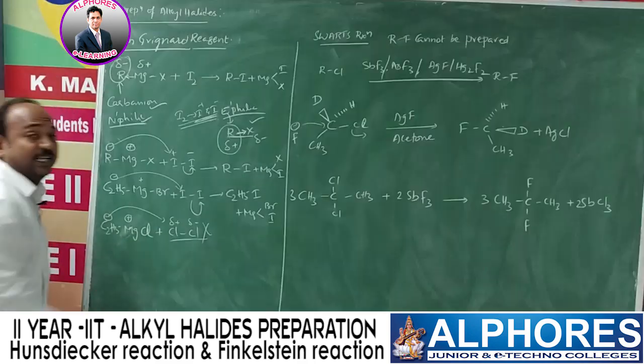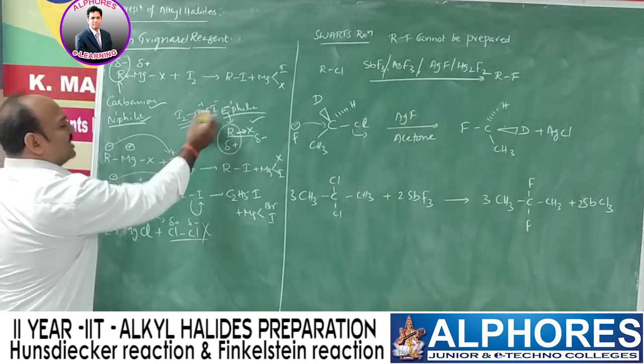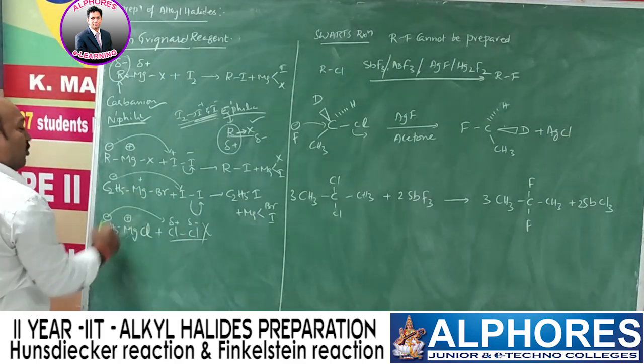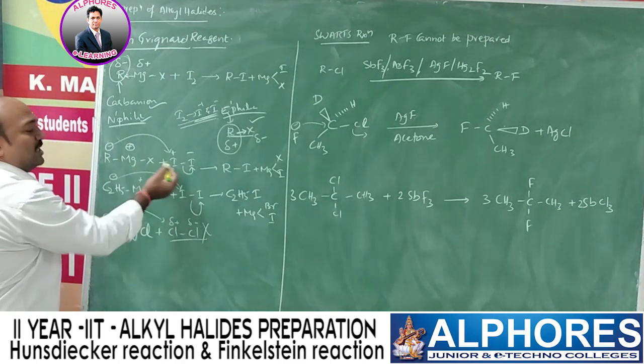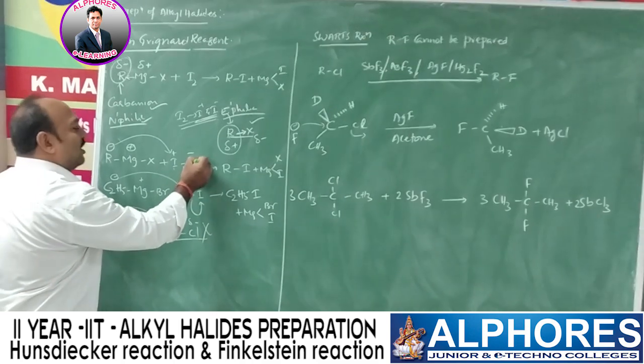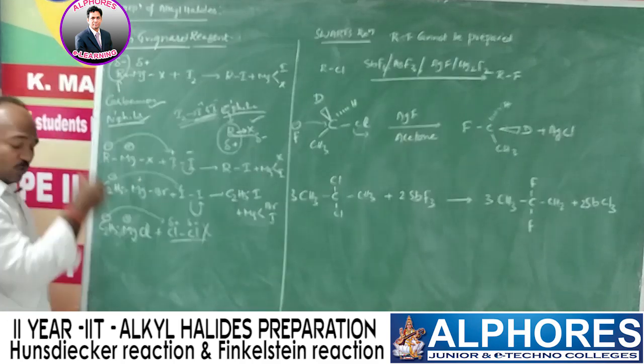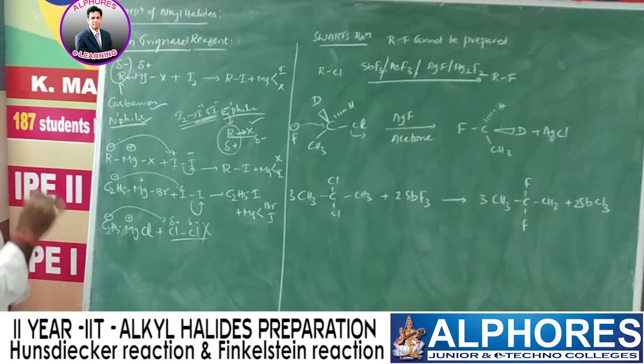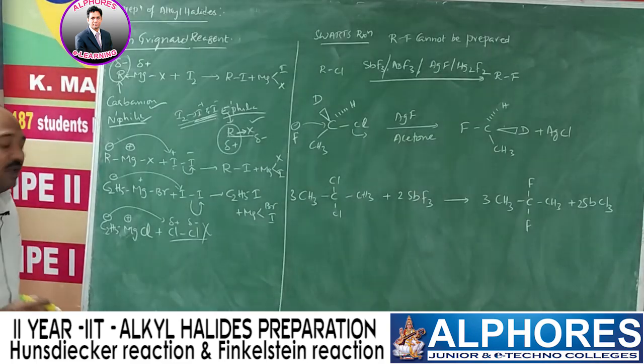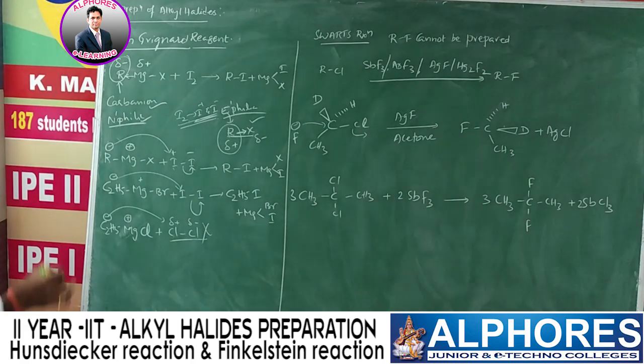Whereas in case of iodine, such dissociation is very easy, and moreover when the alkyl carbanion approaches the iodine, the bond pair of electrons can easily shift towards the second iodine, which then acquires positive charge. So we can prepare only alkyl iodides, but cannot prepare alkyl chloride and alkyl bromide by this method.